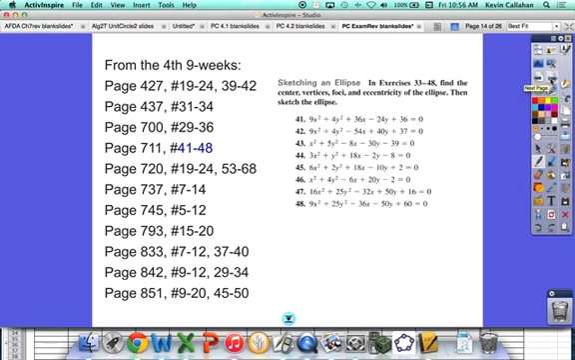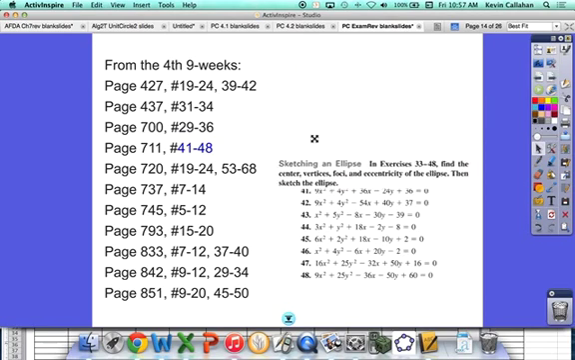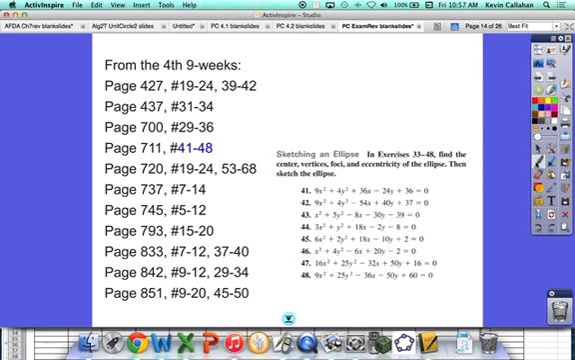Now, the question about the ellipse, it's not in standard form. Right? You do have to put it in the standard form by completing the square. So let's remember how we complete the square. I'm going to do number 44. So remember, the standard form for an ellipse is